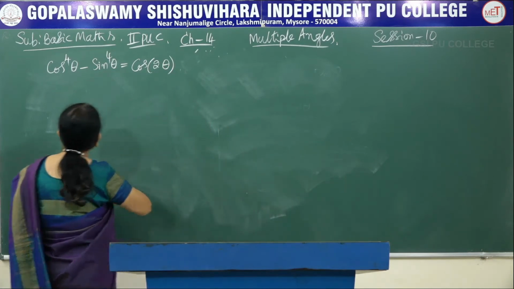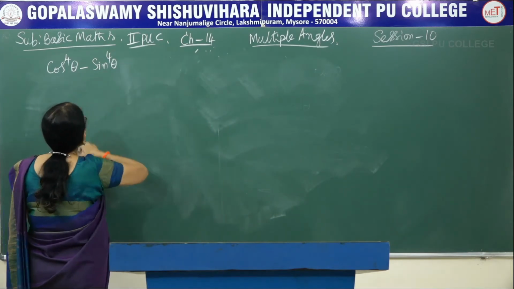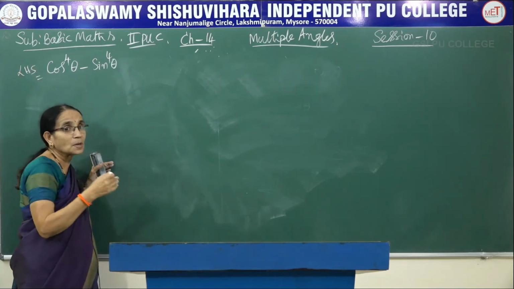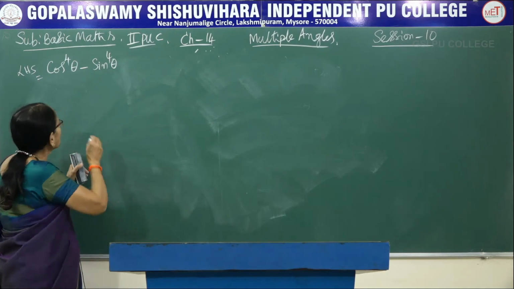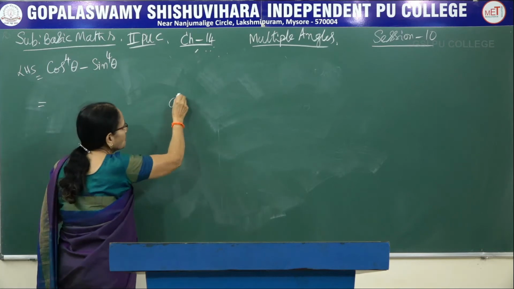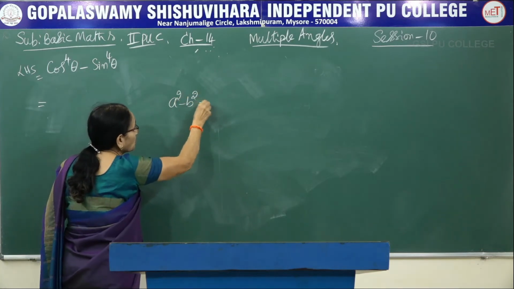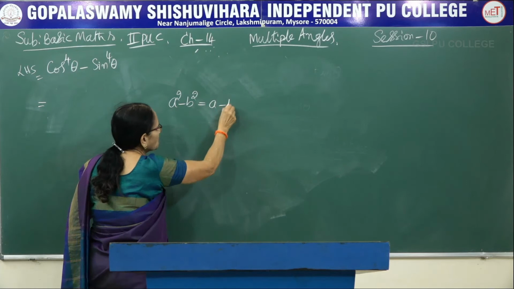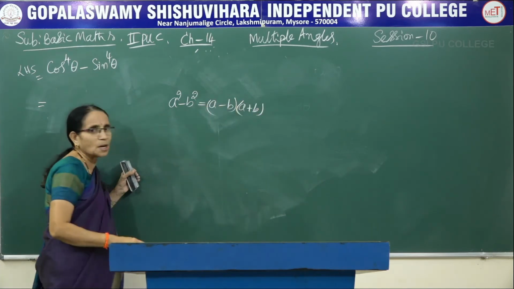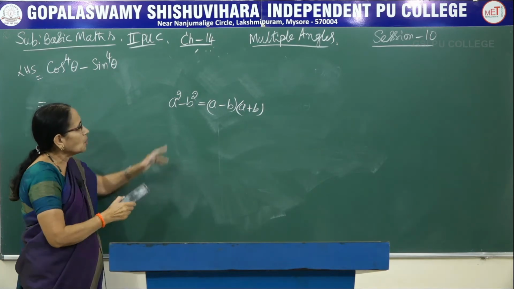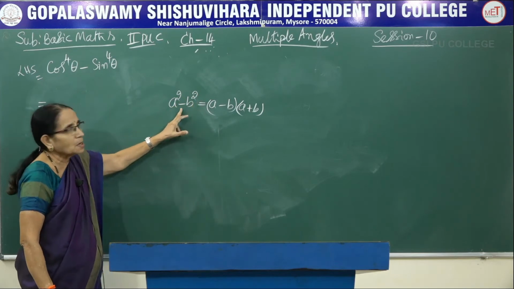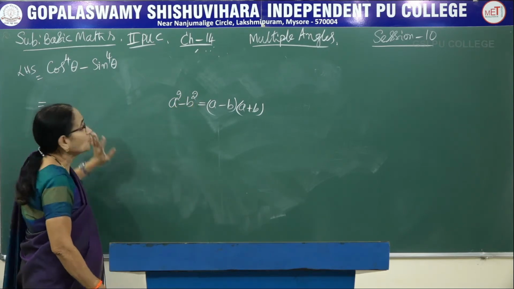Now first let me start with the left hand side. See, we are having a power 4 here. Now to make use of the high school algebraic formula, I hope you remember this one, we used in the very first problem. a square minus b square is a minus b into a plus b, or a plus b into a minus b. Now if you want to make use of this formula, we should have square terms here, the difference of them. Now we are having 4 here.